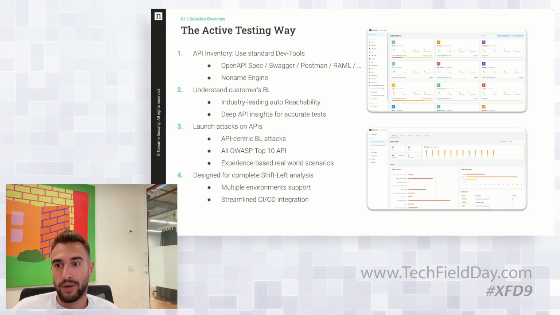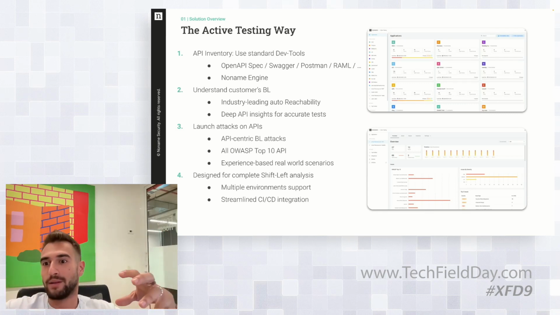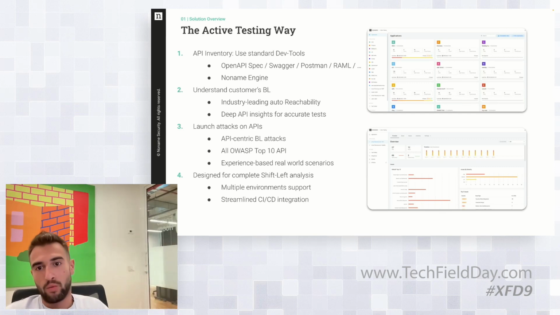You might have different APIs, you might have different security status. We support it through active testing by analyzing these different chapters in the application's life cycle. And you can even compare the status of the application, the assets, and the issues between these different checkpoints in the application's life. Of course, we also enable super easy CI/CD integration,